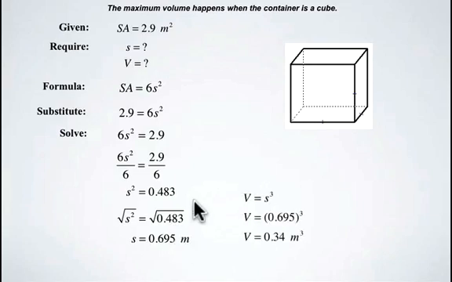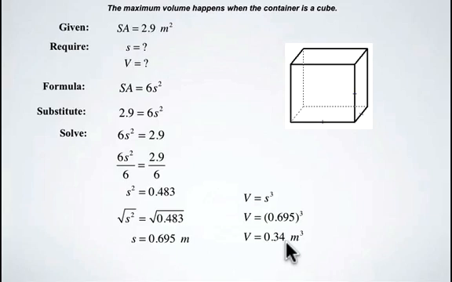Now we know that the volume of a cube is just like the length times the width times the height, but since it's a cube, it's going to be the side times the side times the side, or just side cubed. Now we know the value of the side from our previous calculation, 0.695, so we've substituted that in. We're going to raise it to the exponent 3, and when you do that, you get a total volume of